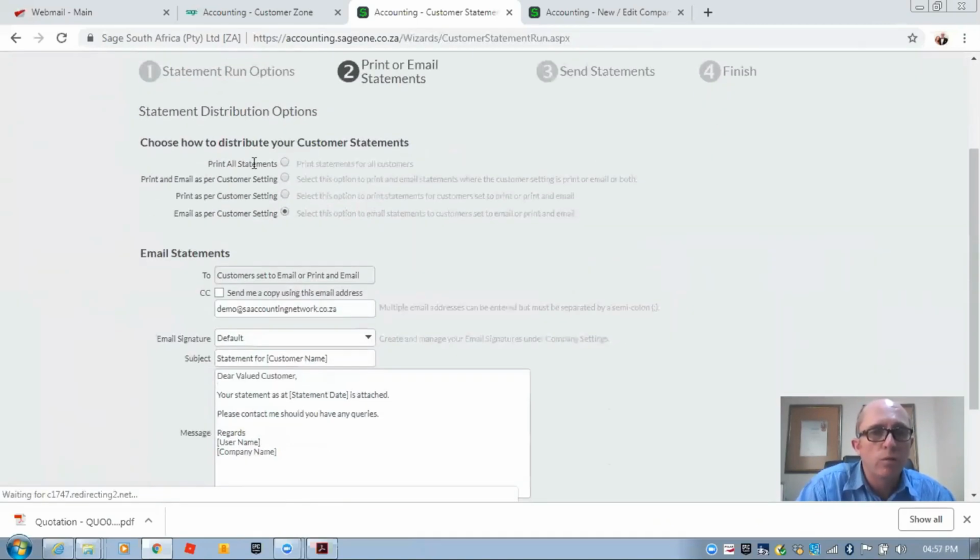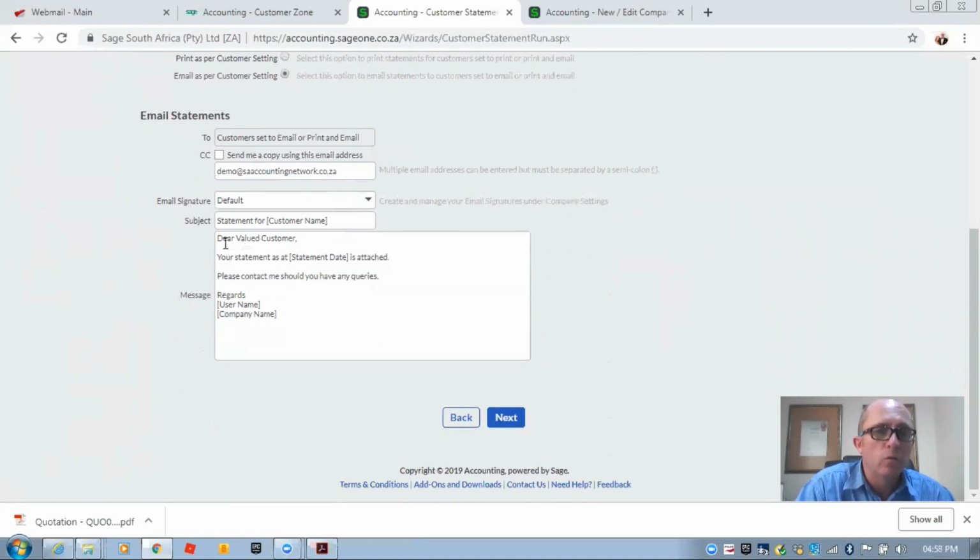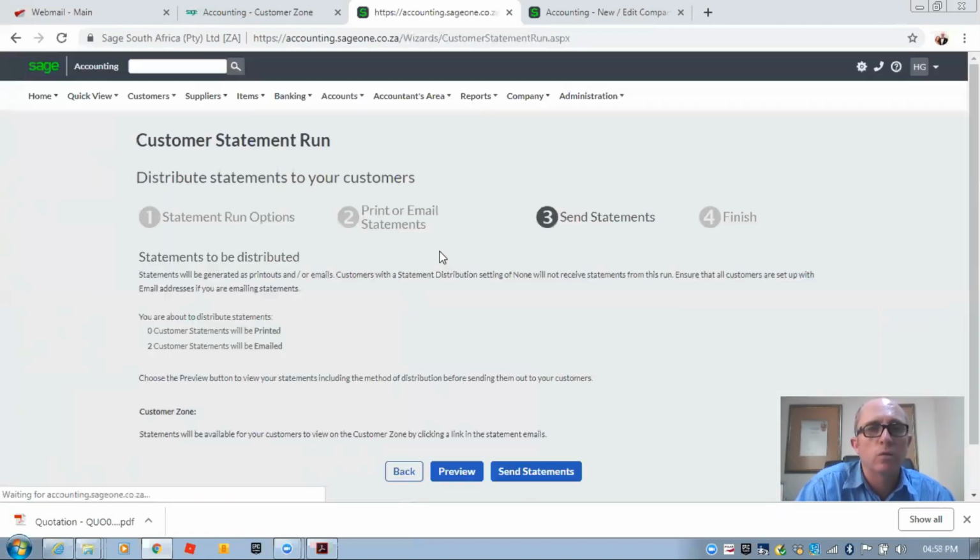It will give you an option to say that you only want to print the statements, print and email the statements, or only email the statements through to them. For now, we're going to leave it like that, so you can have a quick look. You can see over here is what the message is on that statement. So I'm going to send that statement through, then you can have a look quickly and see what it looks like. So we're going to say send statements,